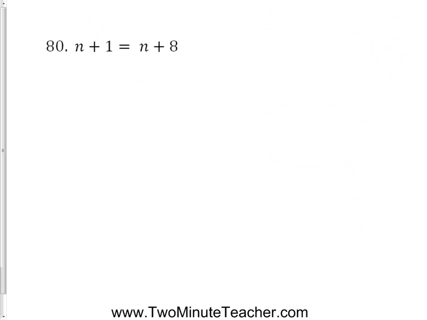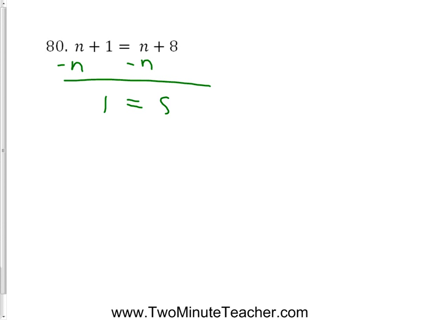n plus 1 is equal to n plus 8. Well, again, the real confusing one for a lot of kids, because they're like, well, I gotta get variables on both sides. I could, and they just don't know what to do. Well, you've got variables on both sides that are exactly the same. Which one's smaller? Well, they're the same, and so I get rid of n on both sides, and I have